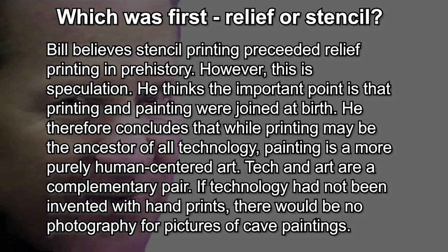When the prehistoric people did their printmaking on the walls of their homes, they used stencil, and they also printed their handprints on the wall. So there you have the two old processes. In fact, I suppose if we could go back in time and visit and look at their art, these handprints that were both handprints and stencil, we'd have to ask them, which one did you do first? And they probably did the printing first because it was a lot easier than the stenciling. But